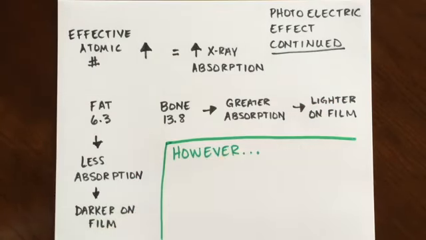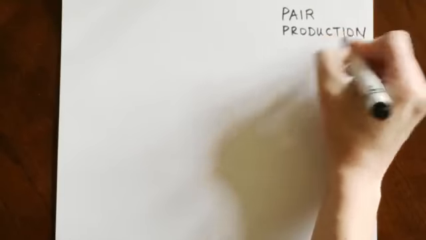You can think of it this way. If you set your kVp too high, you will have very little absorption, and your radiograph will be too black to read. If an X-ray photon has enough energy, it will bypass the electron shells and interact with the nuclear